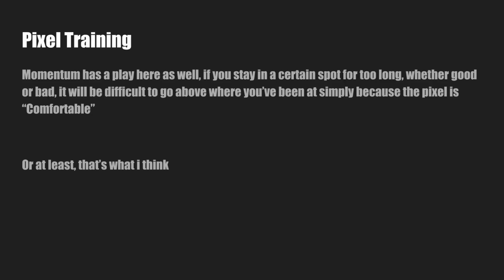If you stay in a certain spot for too long, whether good or bad, it'll be difficult to go above where you've been. It's almost like the pixel getting trained to bring you a certain amount of sales. I've seen this before, where people are not introducing campaigns. They're just hovering in one campaign, adding one a day and following the strategy, but they're not keeping up the momentum. They've just been making 5 to 10 or 20 sales a day, whatever the situation is. When you come in and try to increase that, it's very difficult, because it doesn't matter how much you're spending. The pixel is just used to optimizing for 10 to 20 sales a day,